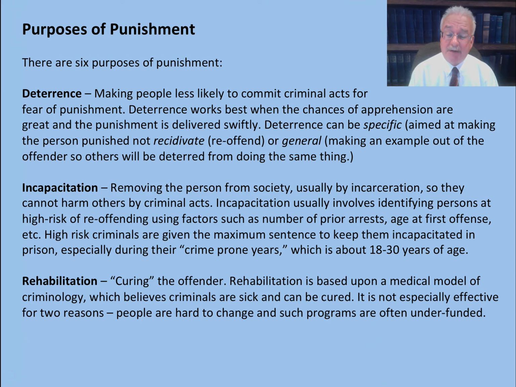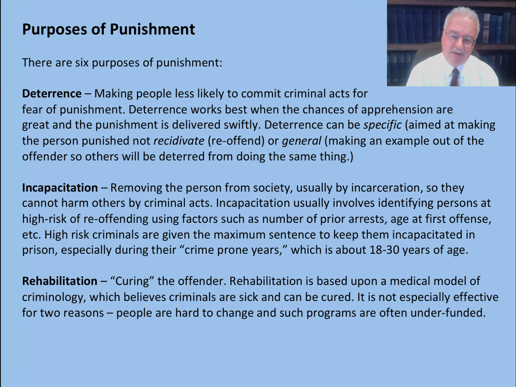This is a common rationale for punishment. We want to deter people from committing crimes. Now, there are 2 types of deterrence. Deterrence can be specific, and that's when it's aimed at making the person punished not recidivate or reoffend. So if we put a harsh penalty on a particular crime, it's designed to make the person who committed it and is being sentenced to teach them a lesson so they don't do it again, so they don't recidivate or reoffend. But there's also the